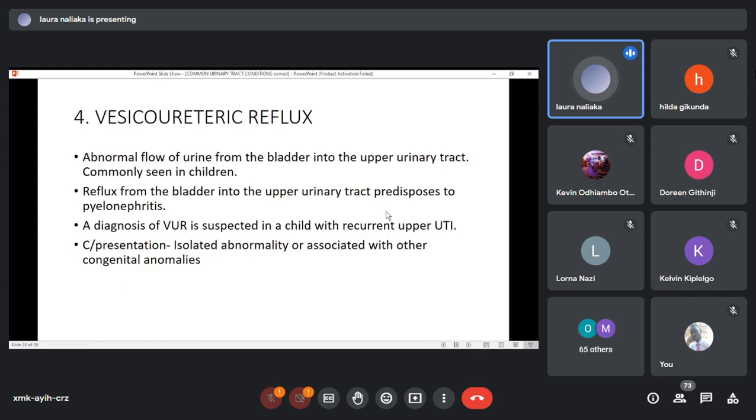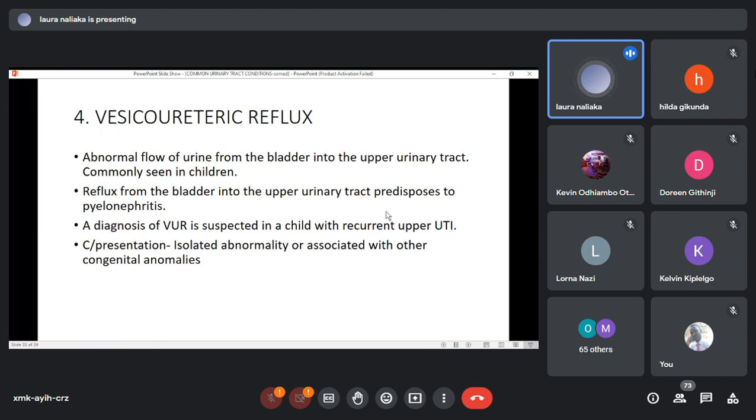Lastly, we're going to look at vesico-ureteric reflux. This is abnormal flow of urine from the bladder into the upper urinary tract. Ideally, you're not supposed to have urine flowing back upwards to the ureters. It's commonly seen in children or in adults who have chronic obstruction. As a reflex, the bladder, or the sphincter at the vesico-ureteric junction just loosens up